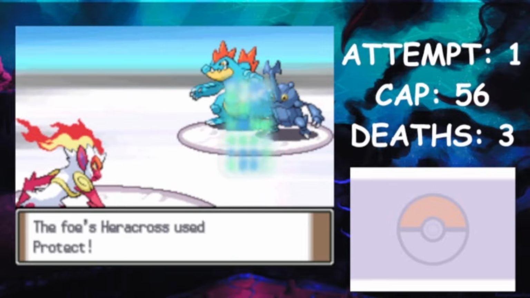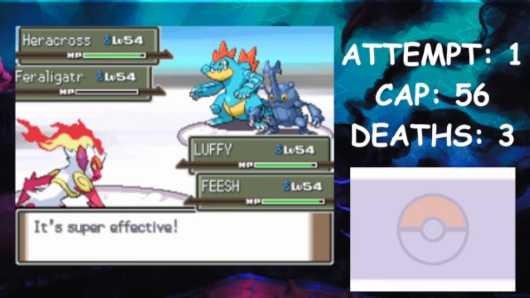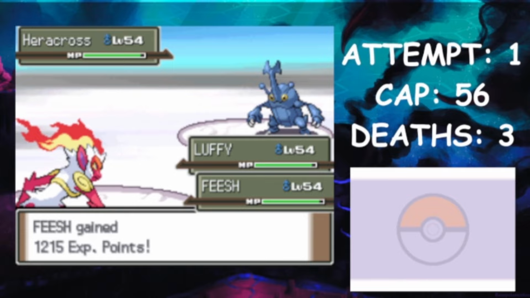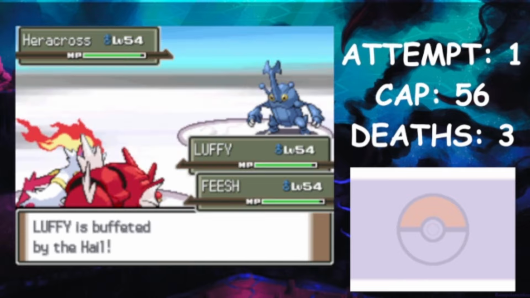Next, they send in Feraligatr, and I'm going to hit this with a Close Combat, which is another one shot. I'm holding a Choice Band in this fight as well, which I just remembered, so that's why I'm doing so much damage even after an Intimidate. It's quite hard though as well, because the Heracross managed to pull off a double protect, so my Bounce actually